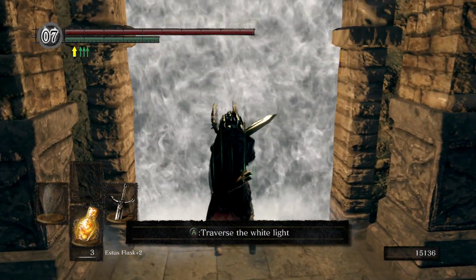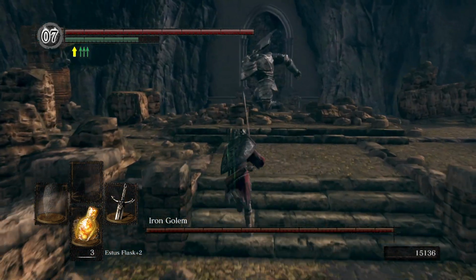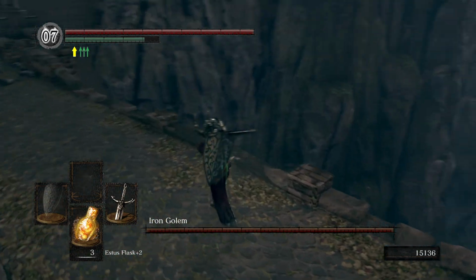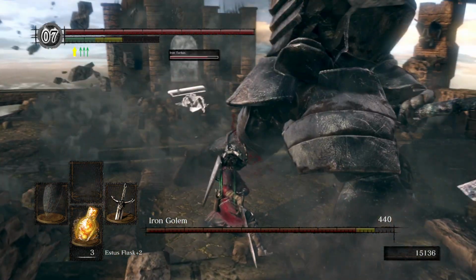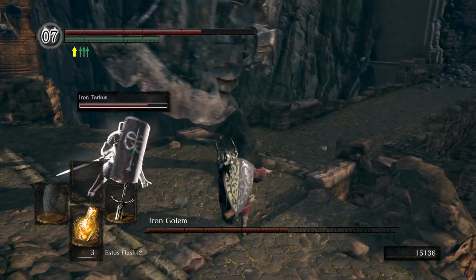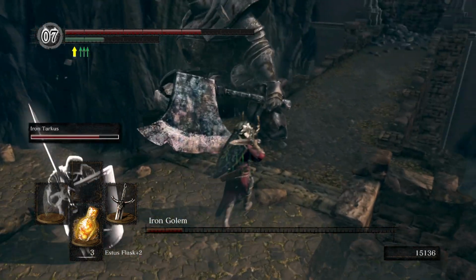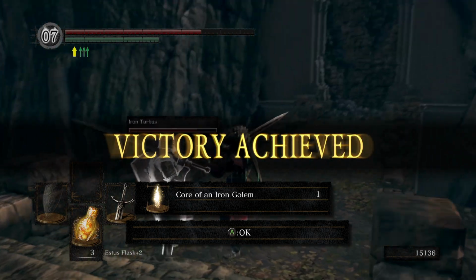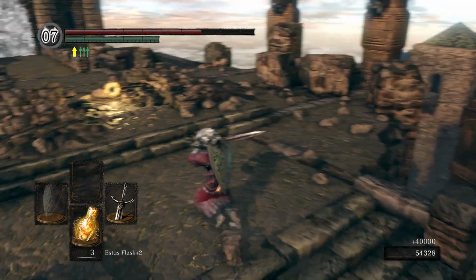We're actually going to run right towards him, because if you can hit his legs, he stumbles and can fall. And if he does that while he's on this bridge, then he might just fall off and die there. So it's weird not being the center of his attacks. So as you can see, he's stumbling. And it looks like he didn't quite go off the bridge, but that's alright. He's a really easy kill anyway. So, we got our core of an iron golem. And with him dead,